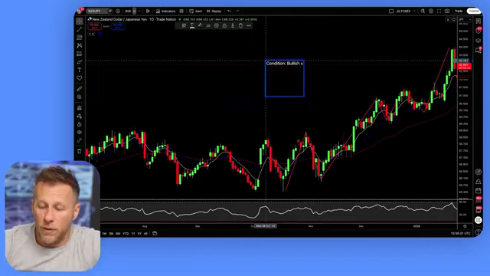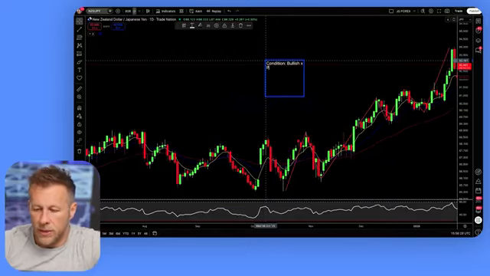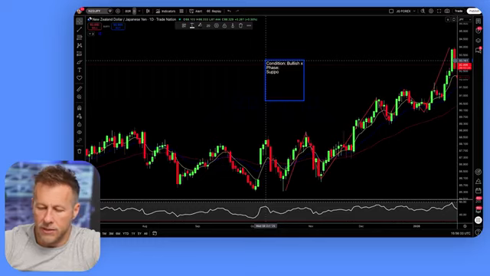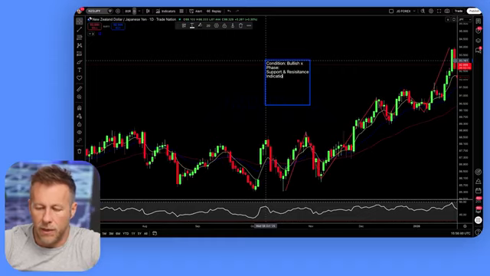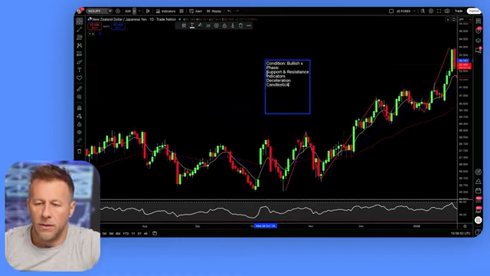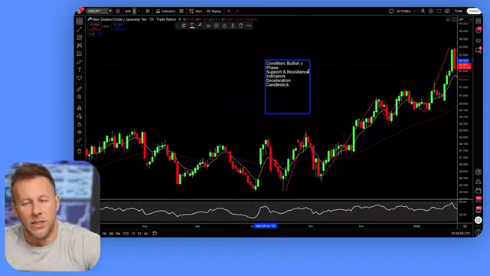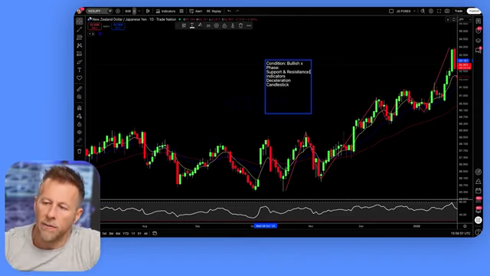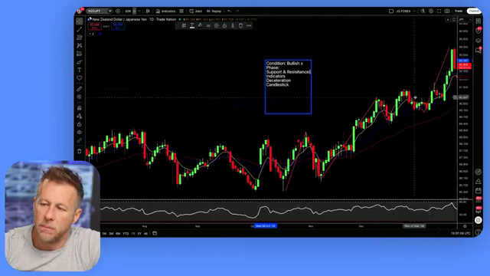Now, what phase are we in? Well, let's just draw these out. Phase, we'll put in support and resistance. We'll put in indicators or EMA. Then we'll put in price action or deceleration. Let's put decel, and then we'll put candle. So we've got our condition. At the moment, we're in a run phase, but you can see here that we started to pull back,